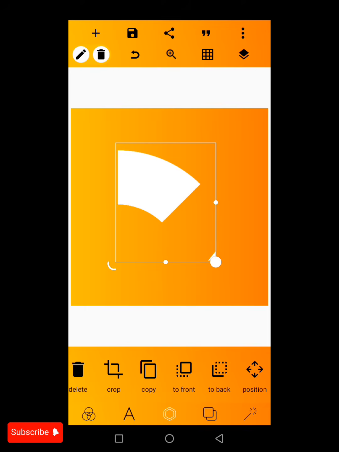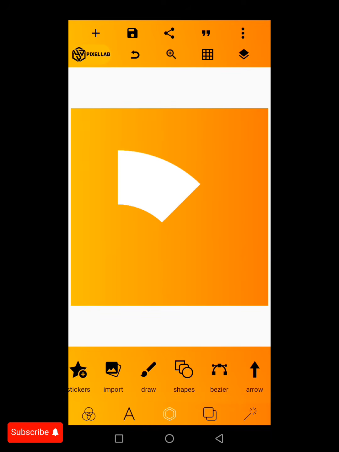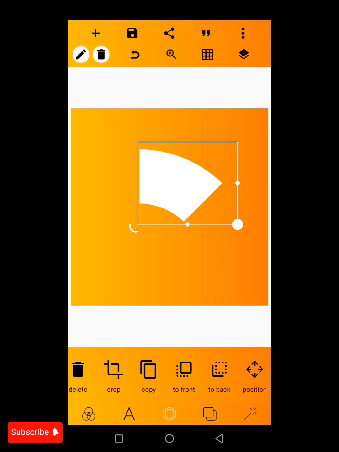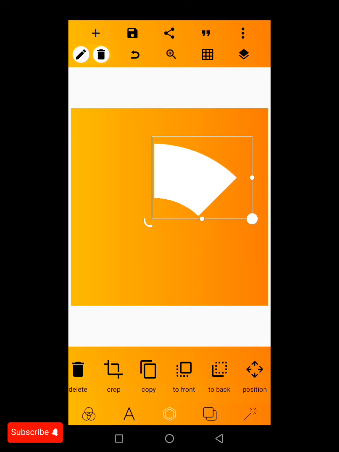Perfect now. Okay, let me crop another. Let me try to crop. You just have to take your time. Just crop all those parts again. Yeah, I think it's perfect now. So the next thing you'll be needing to do is I will be bringing in another